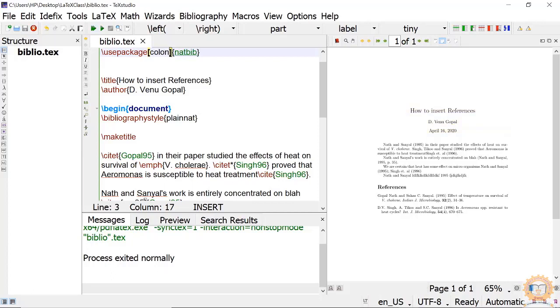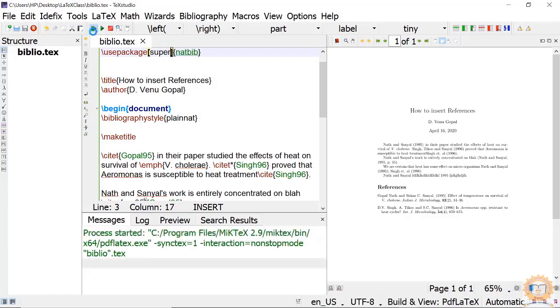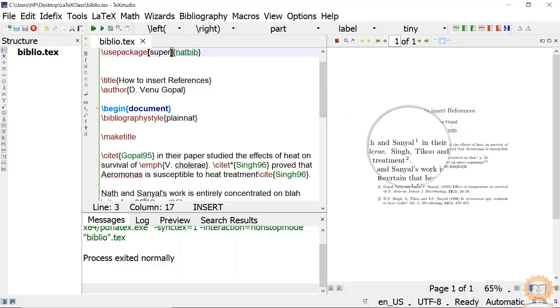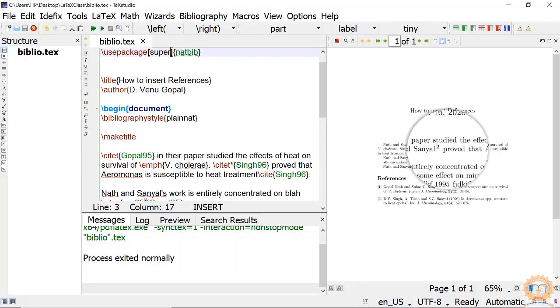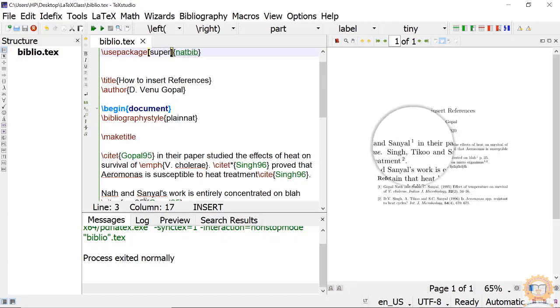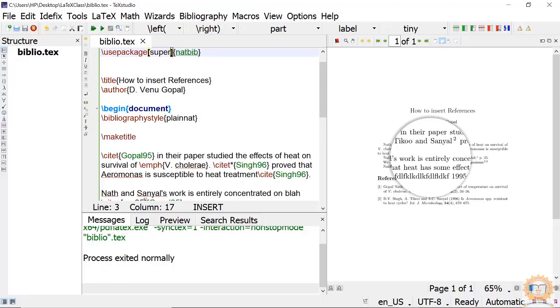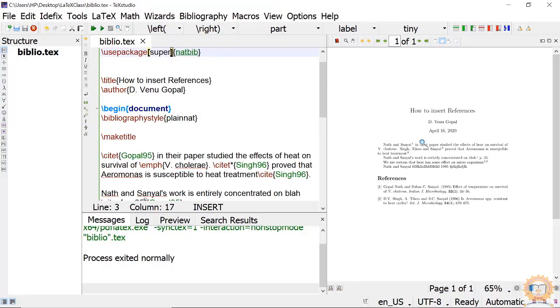Then author-year or numbers. Suppose you are sending your paper to some journal like Nature, etc. They want superscript. Just write super. It will come in superscript. Nath and Sanyal, and Sanyal here on heat treatment, like this. See, immediately it changes to superscript. Like that, another thing is sort, unsort, compress.